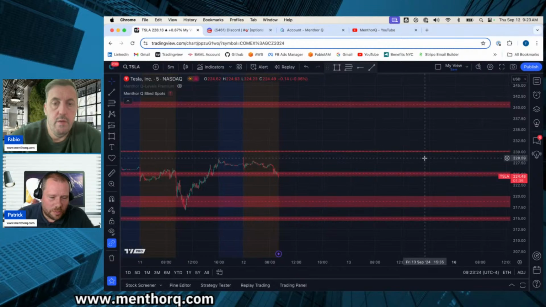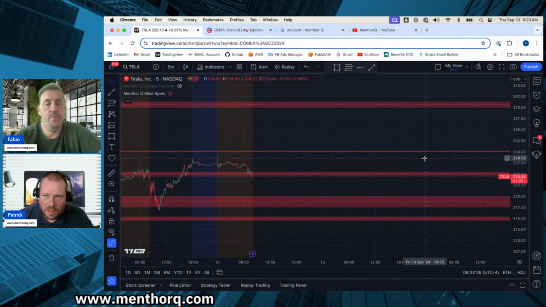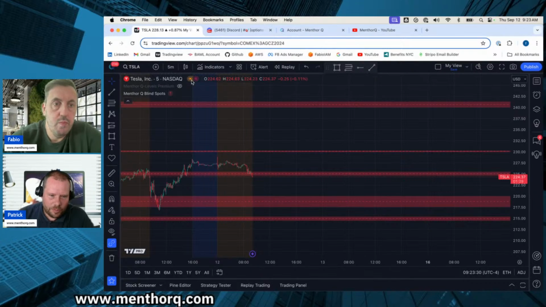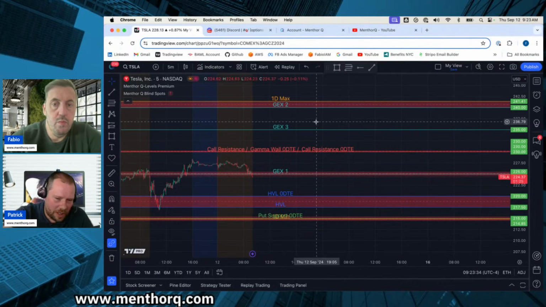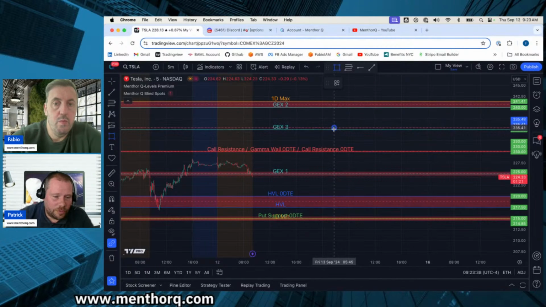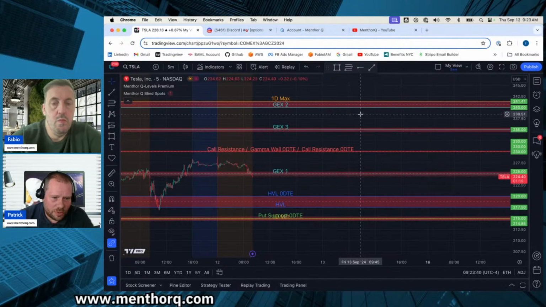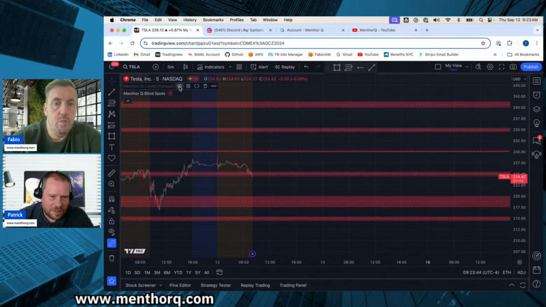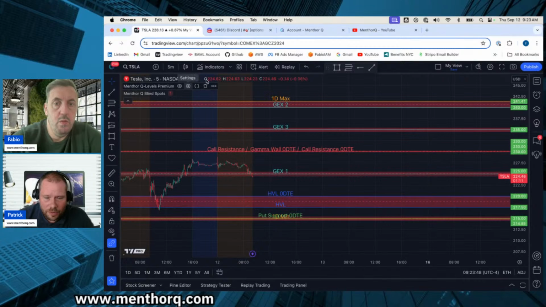That's a good roadmap. So for the long side, I personally like the long side. Why am I liking the long side? Because if we're breaking through the call resistance, the range to the upside, then we have a good way for the up move. So we have the GEX3 there, yeah, of course. But between the gamma levels, I think one day max could be acting as a magnet very well. But we also have to be very careful if we're going down. We are now below GEX1.